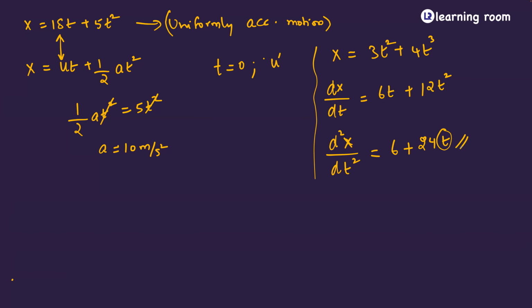D square x by dt square. That's how you write the second derivative. If this is a second derivative, you need double differentiation. The triple differentiation one every d